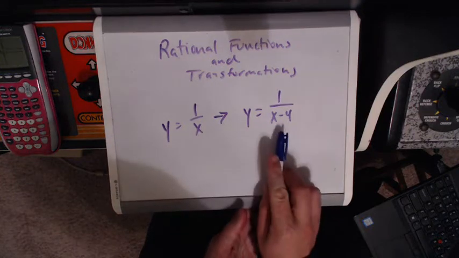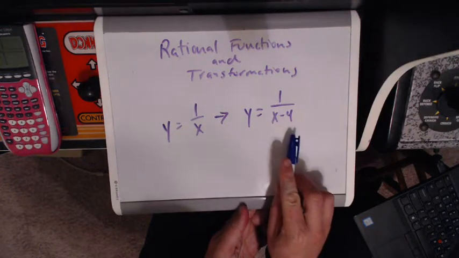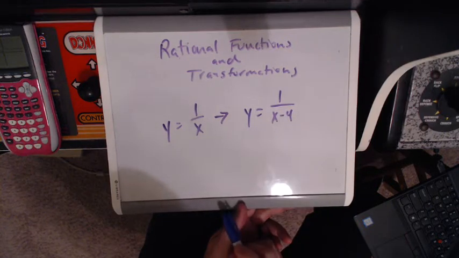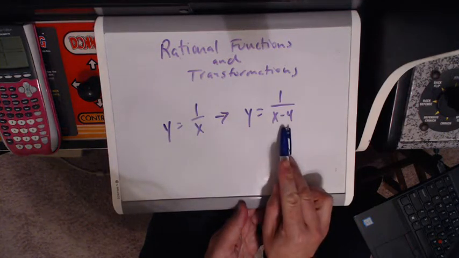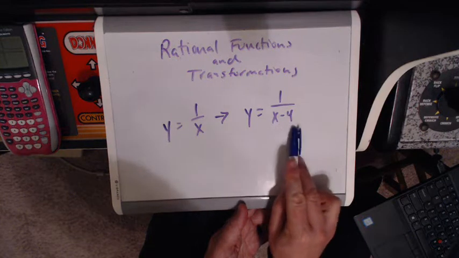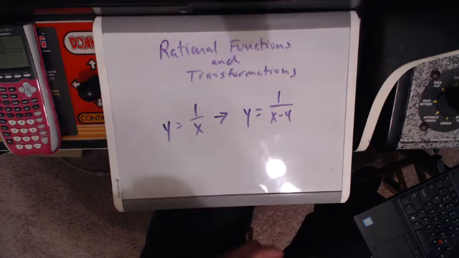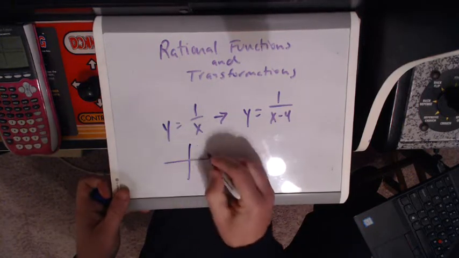Well, what happened here is since I went just into the x, if you recall, that's like a horizontal translation, okay? Essentially what happens there is you go the opposite direction, so that would actually be right 4 units, okay? So think about this. This one over here,